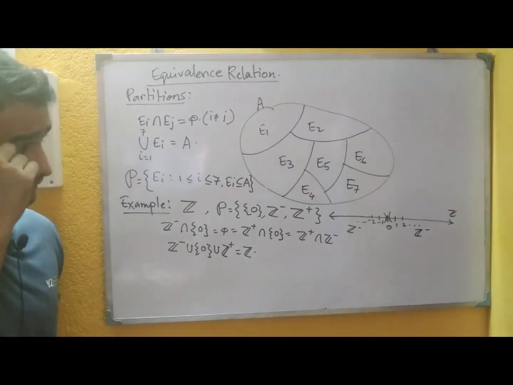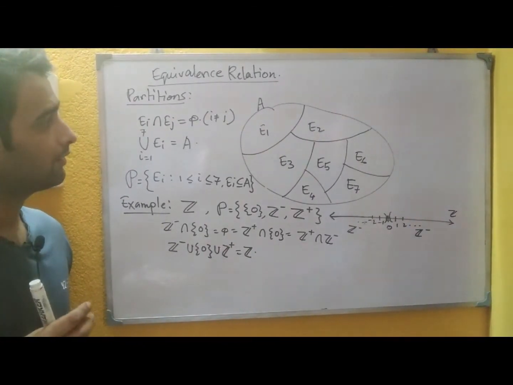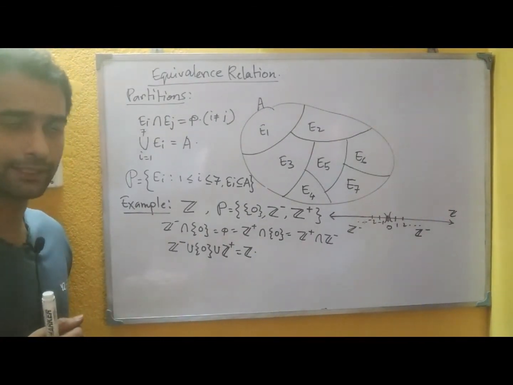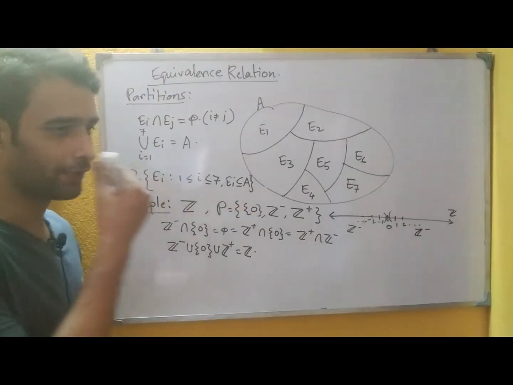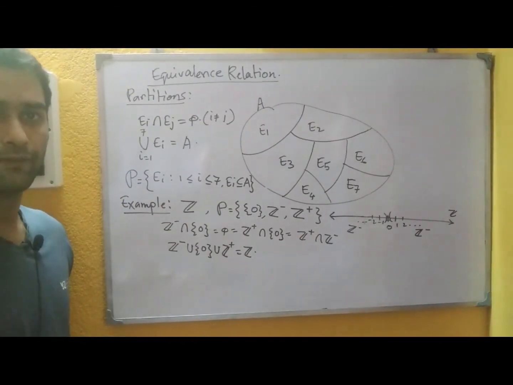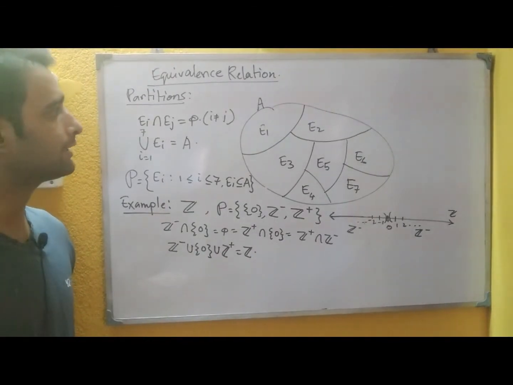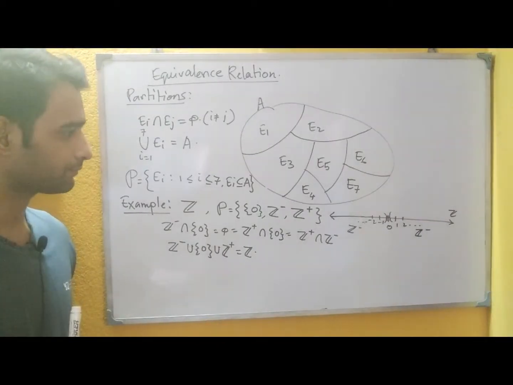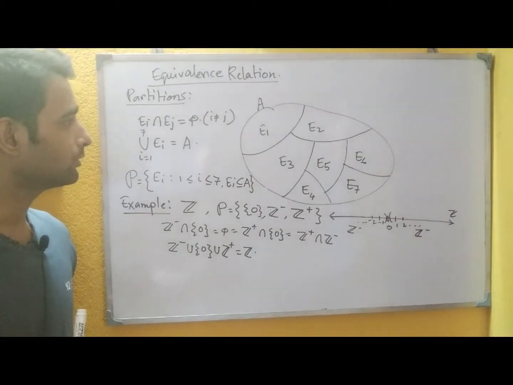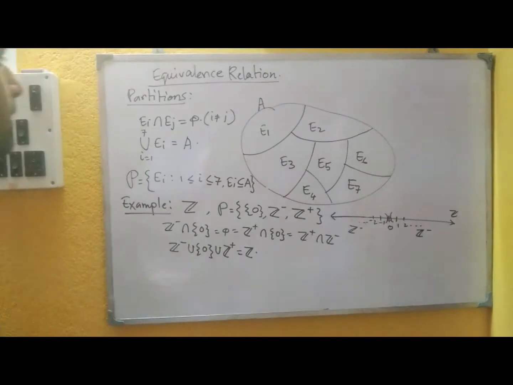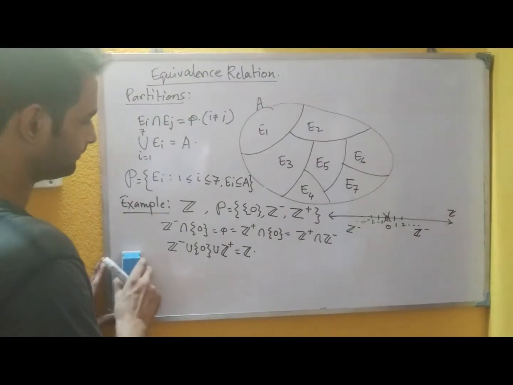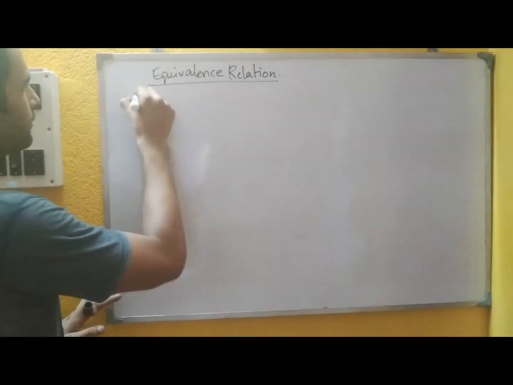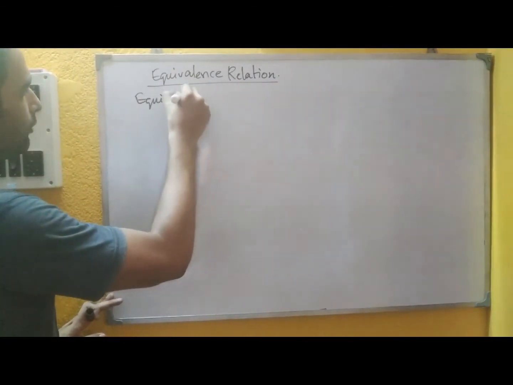So now we will see that whenever we are defining a partition, there will be an equivalence relation on the set. We can form it using the partition. And another thing is that whenever we are defining an equivalence relation on a set, we can form a partition there. So next we see what is an equivalence class.